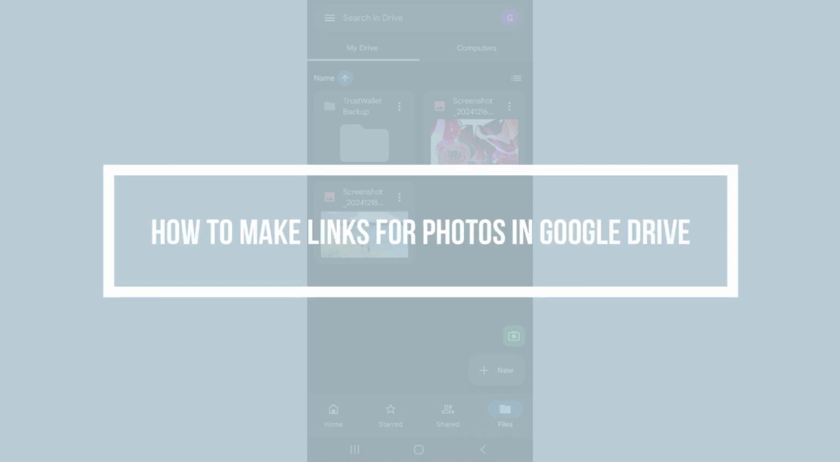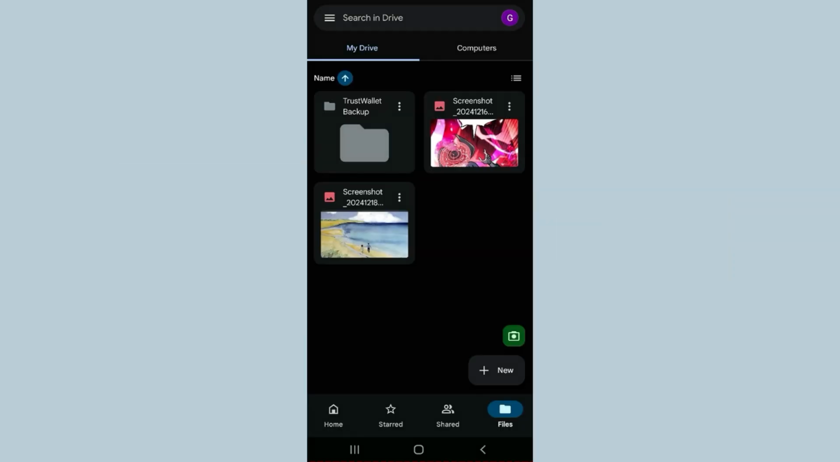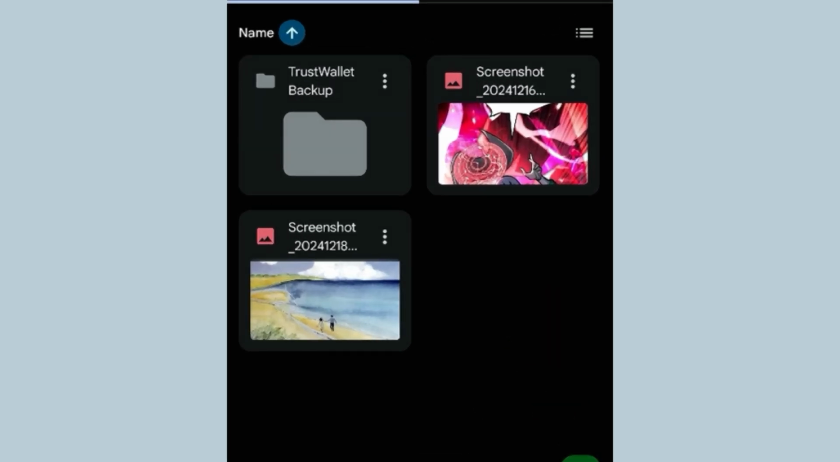How to make a link for photos in Google Drive. Initially, simply select the photo that you wish to create the link for. At the top right of each of these photos, you can see these three dots. In case you do not find this,